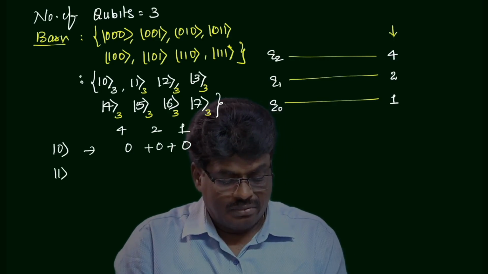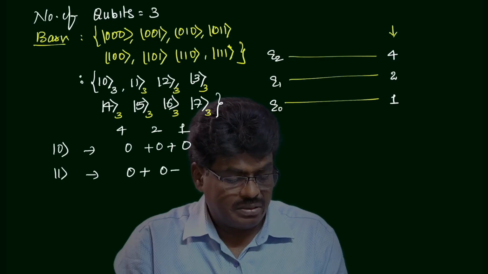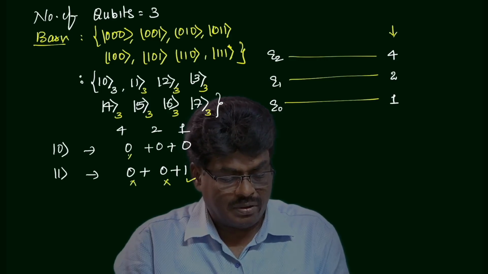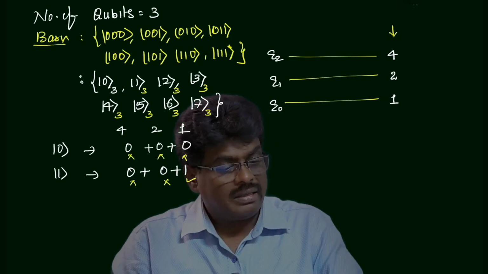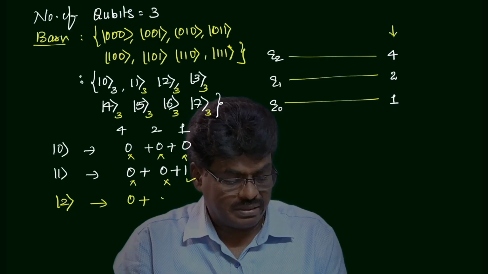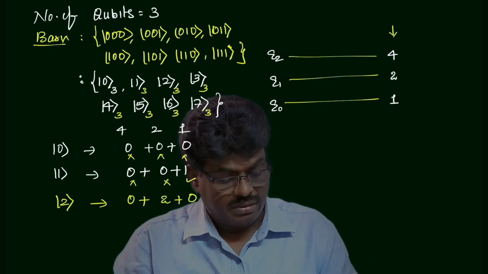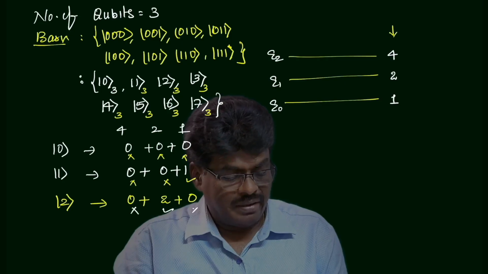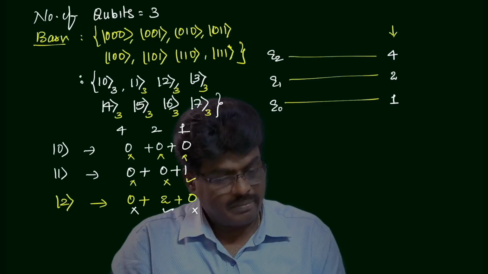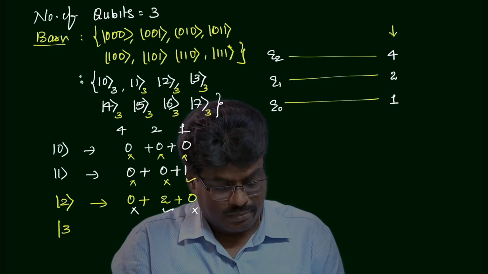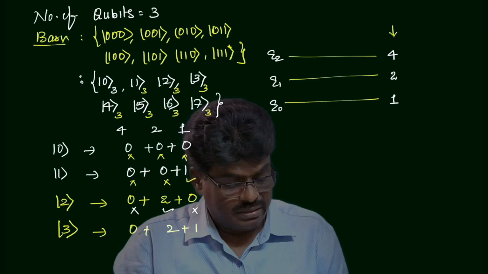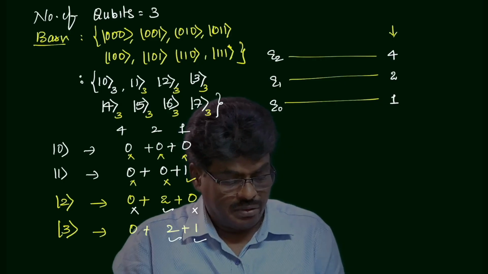And here 1 we have 0 plus 0 plus 1. So only the first one is on and the remaining two are off. And next, if I take 2, this is nothing but 0 plus 2 plus 0. That means 2 is on, remaining 4 and 1 are off. Next, if I take 3, this can be written as 0 plus 2 plus 1, and 2 is on, this is 1 on and 4 is